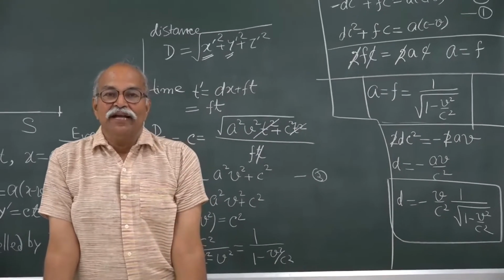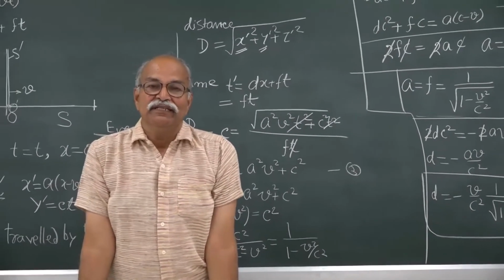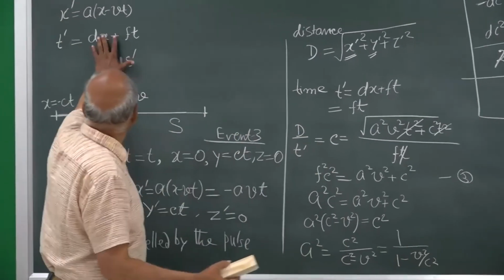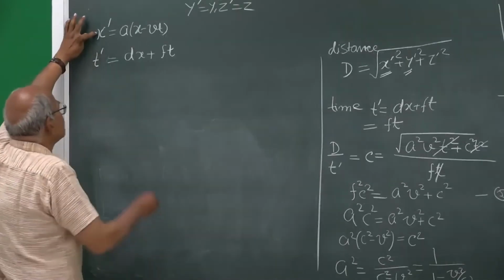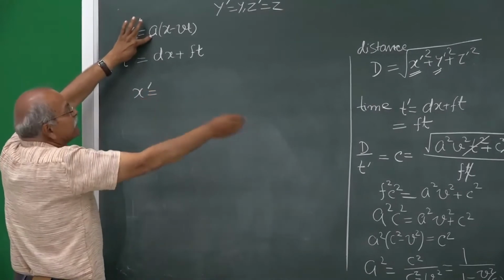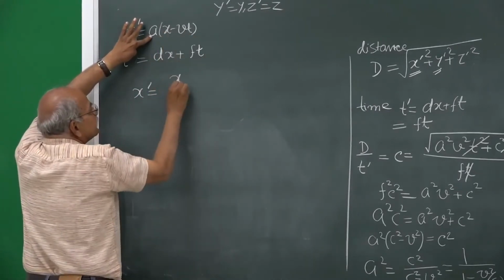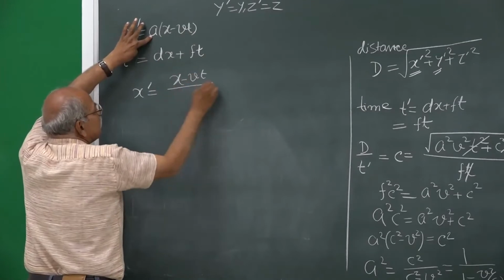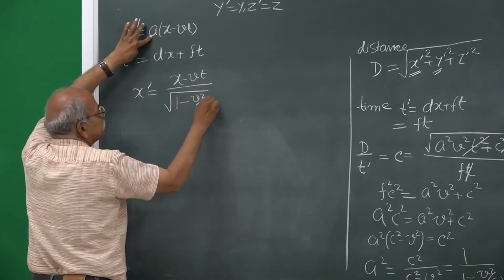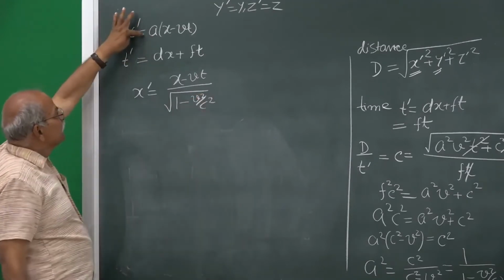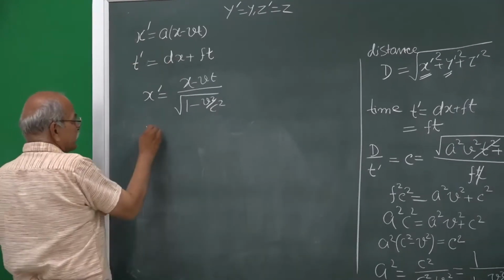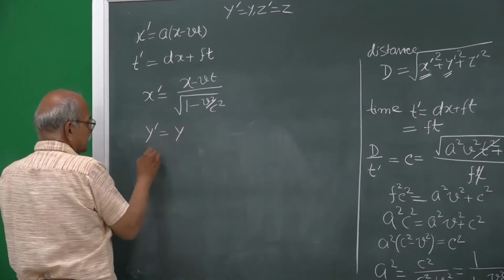So, we are ready to write the Lorentz transform equation in its final form, and that is, start from here once again, x prime equal to A, I know what is A, x minus Vt, divided by square root of 1 minus V square by C square, that is x prime. A is 1 by square root 1 minus V square by C square, y prime is y, and z prime is z,